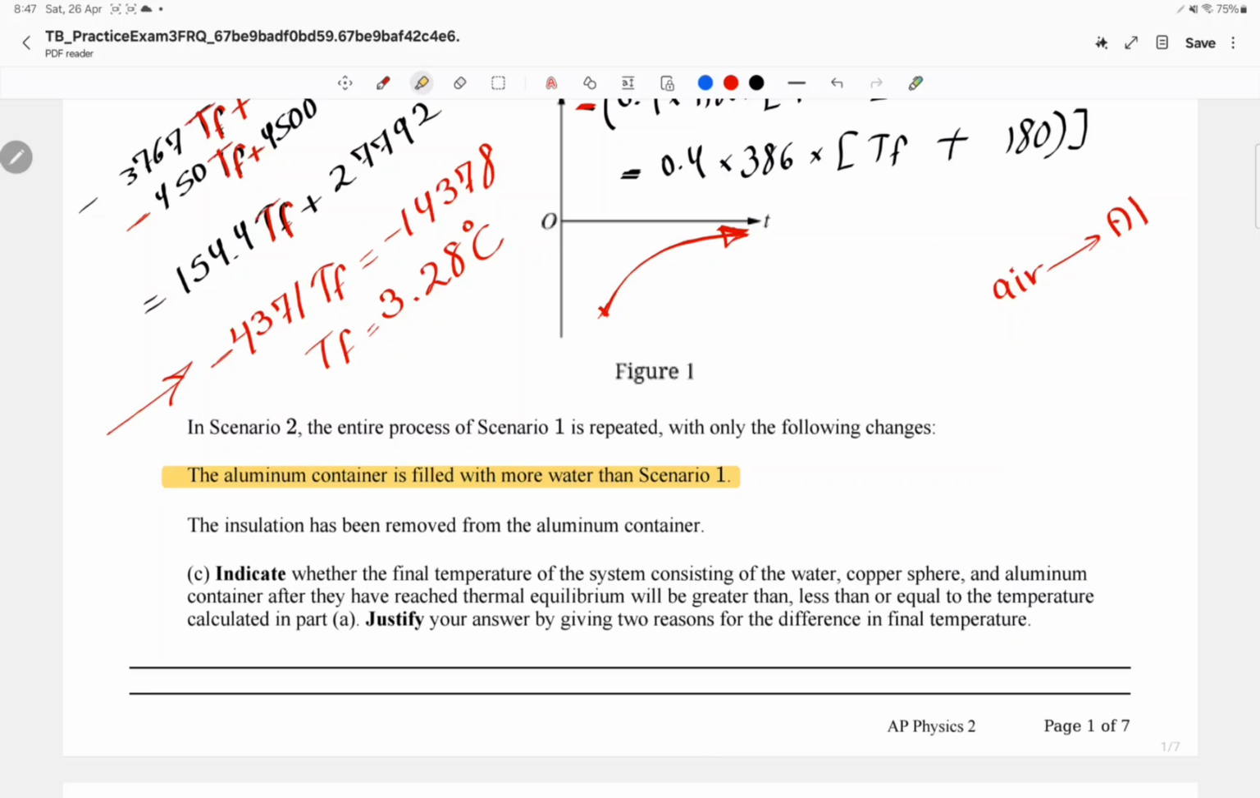And also the insulation has been removed. That means more heat can also be transferred. So 2 reasons why we're going to choose greater than before. Okay. 2 reasons. Why? Because now the aluminum and water container